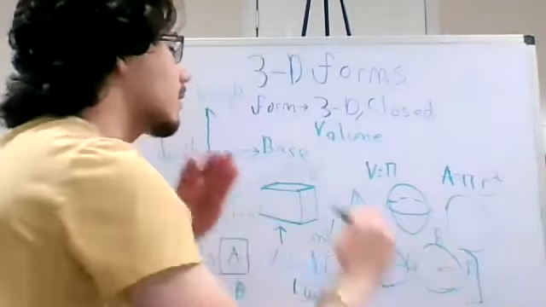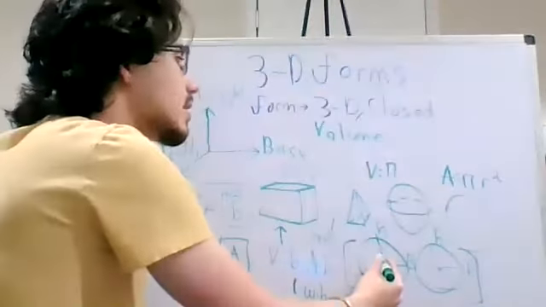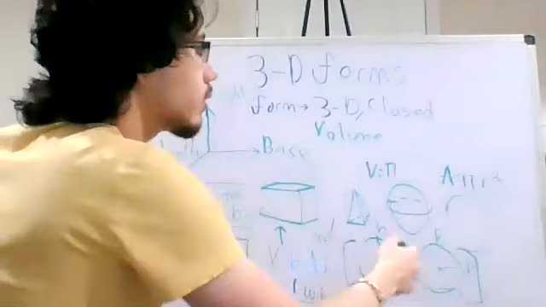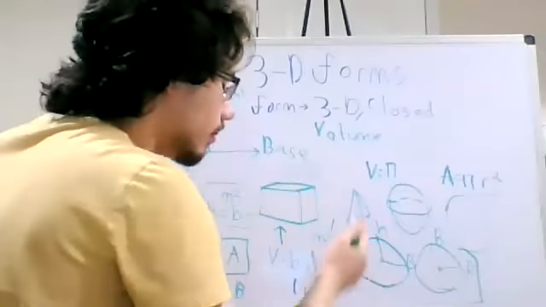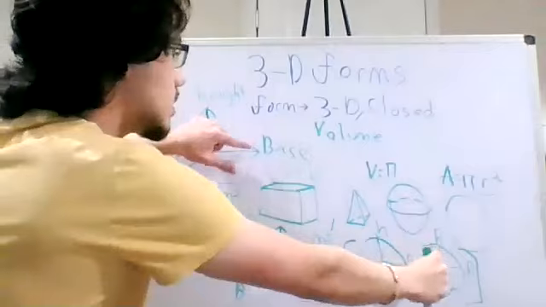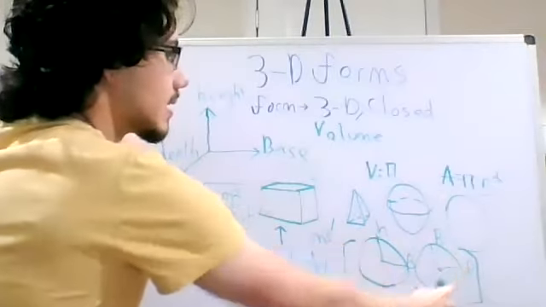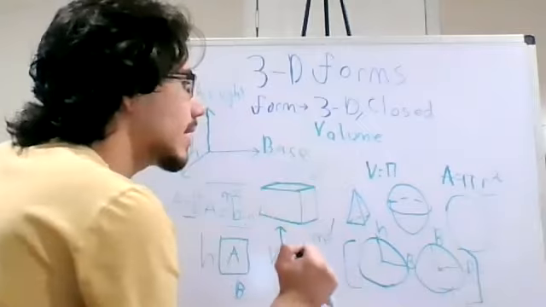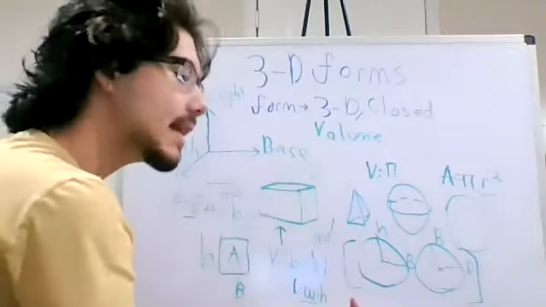So this would be the sphere if we looked at it from the top down, and this would be the sphere looking from the front. And these spheres both use radius for both of their directions. So the height uses radius, the base uses radius, and the depth uses radius. So that means that all three directions will use radius. So knowing this,